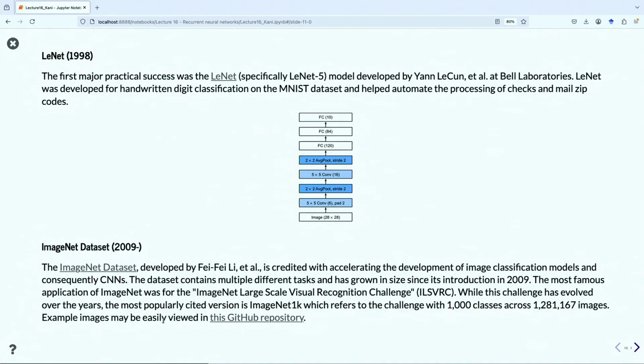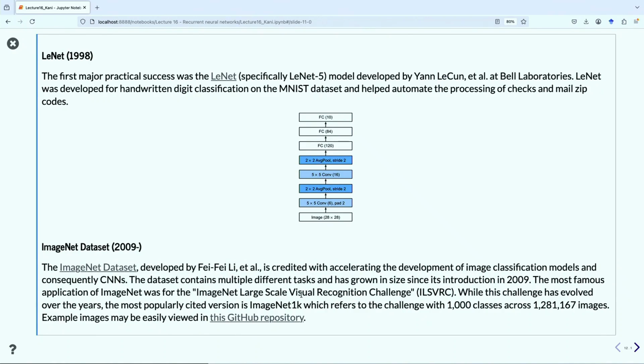And this has been ongoing. I think ImageNet is still ongoing. It has a ton of images now, over 1.2 million, 1,000 classes, and it's readily available in this GitHub repository. But the creation of this ImageNet data set, and specifically this challenge, sort of motivated a lot of people to explore